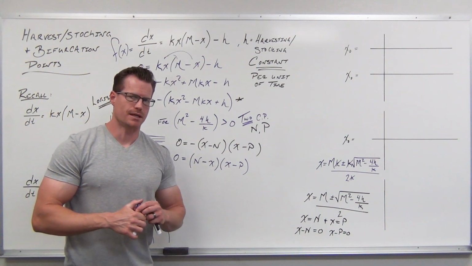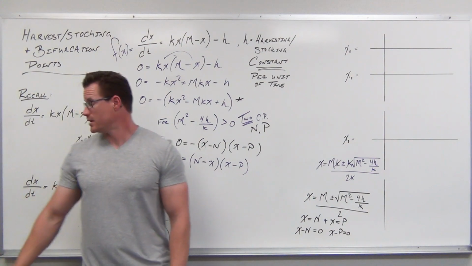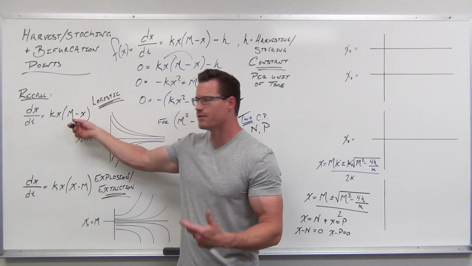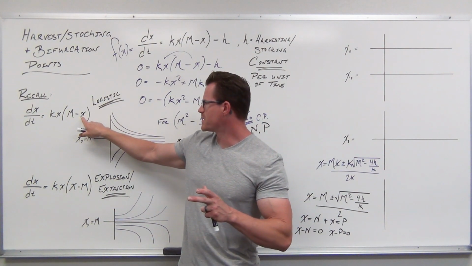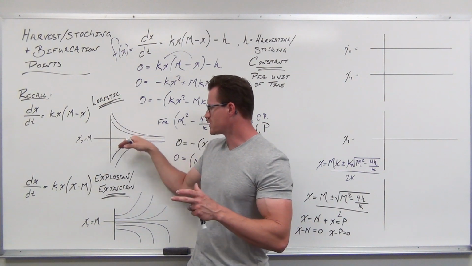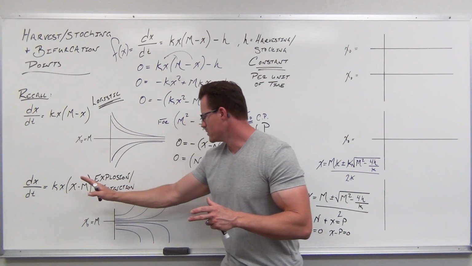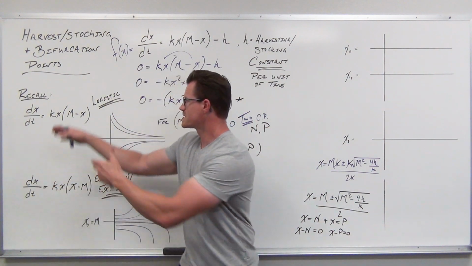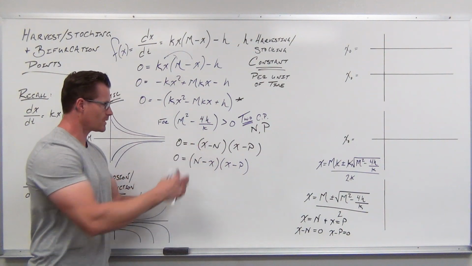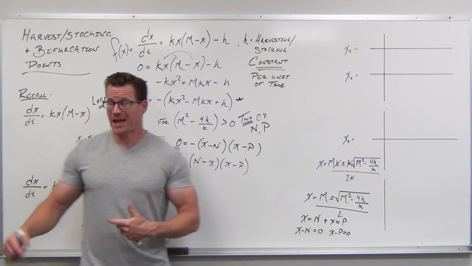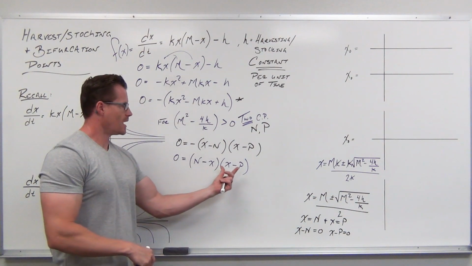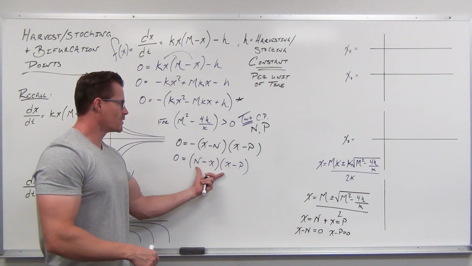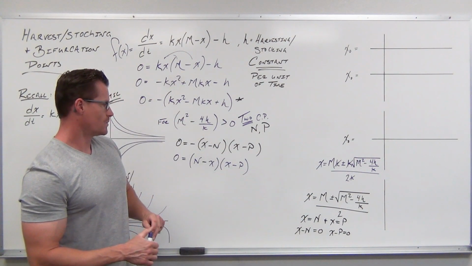And what we end up getting is a combination of both of these ideas. This is fantastic. If you understood that when x is bigger than m, you decrease, when x is less than m, you increase, when x is more than m, you increase, and when x is less than m, you decrease, then this puts both of these together. It says, look at it. We have the n minus x. That's very much a logistic equation idea. And we have x minus p. That's very much this explosion extinction idea. So what goes on here is we say, all right, so